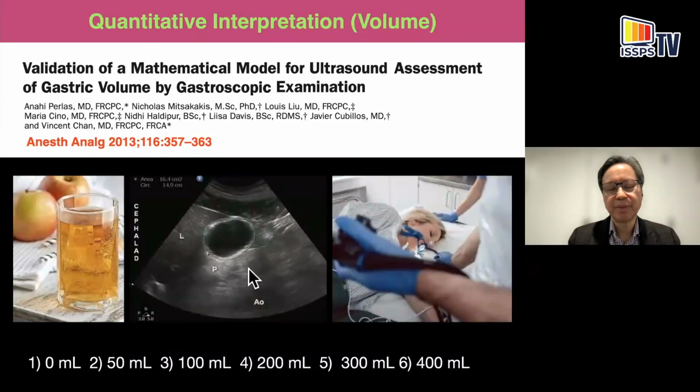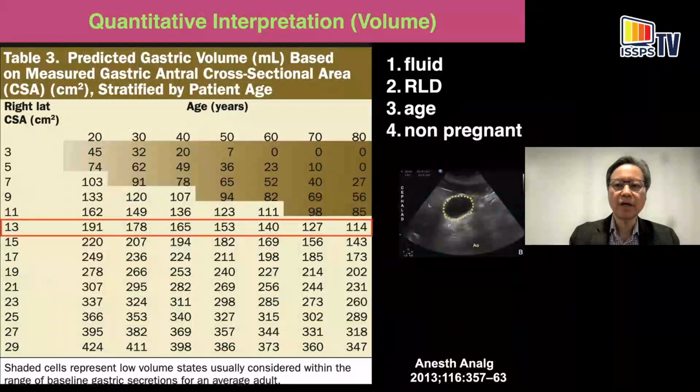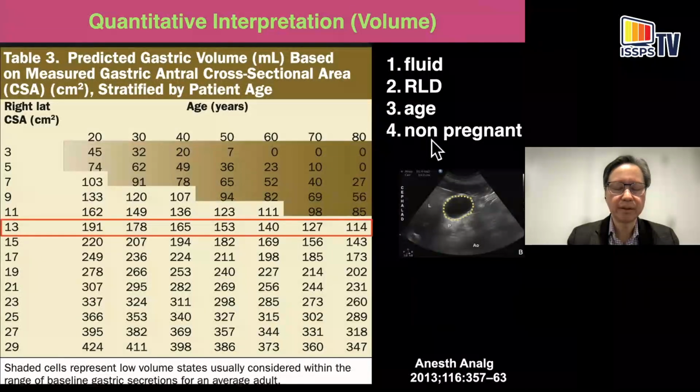We asked the patients coming for gastroscopy to drink 6 different volumes of apple juice. We scan them immediately to capture the ultrasound image to calculate the cross-sectional area. Then they are scoped, and the gastric fluid is aspirated. Now we have a good correlation between the two. We use a mathematical model, developed for fluid, for the right lateral decubitus position and non-pregnant patients, and we come up with this